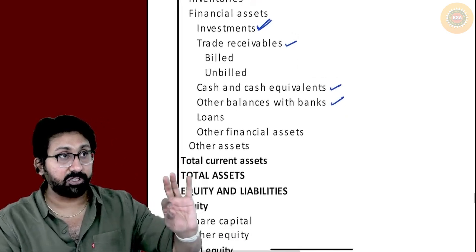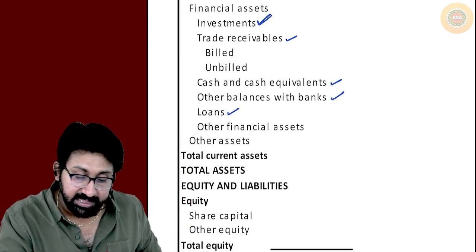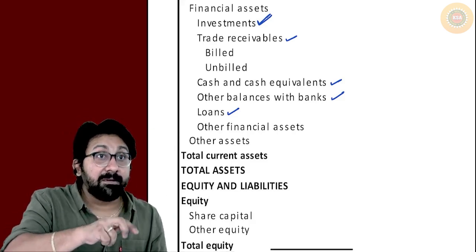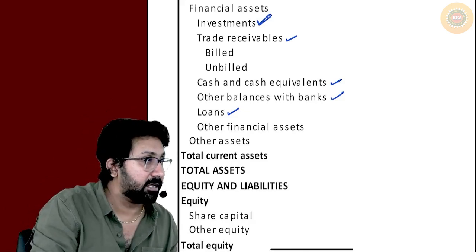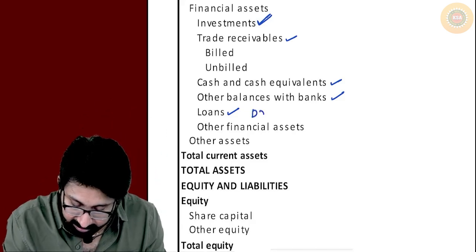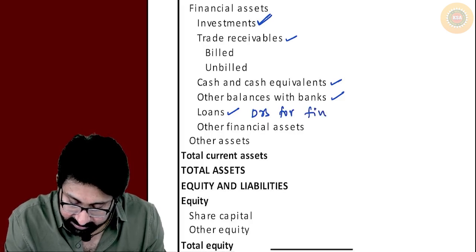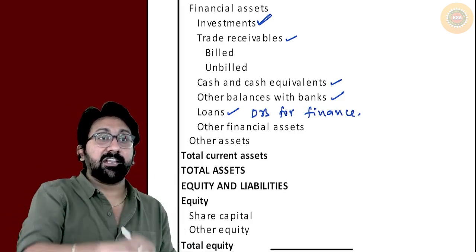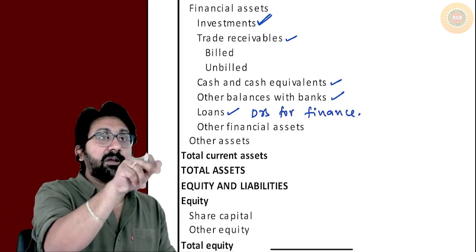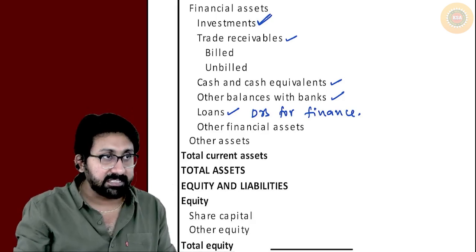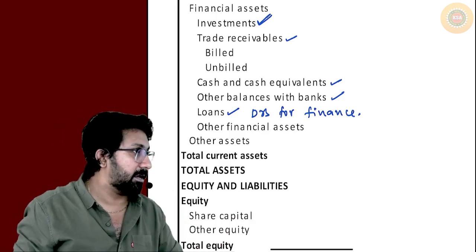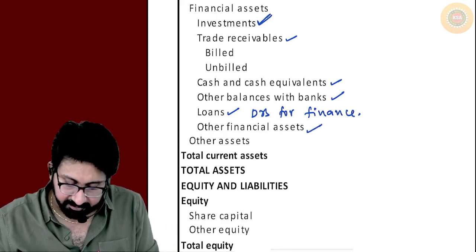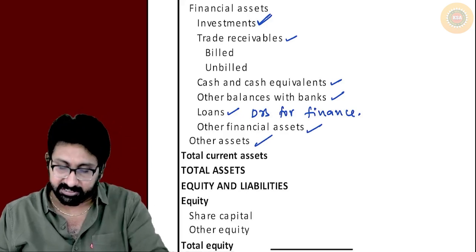Next, I will ask a question, answer properly. Loans in the current assets means what? Short-term loans given by the company. This is called debtors for finance. Repeat, what are they called? Debtors for finance. In the ratio analysis chapter we have seen long-term debt to short-term debt. Like that, this is a short-term debt given by the company. This also comes under which category? Current assets. Next one, other financial assets and all the other assets of the company.